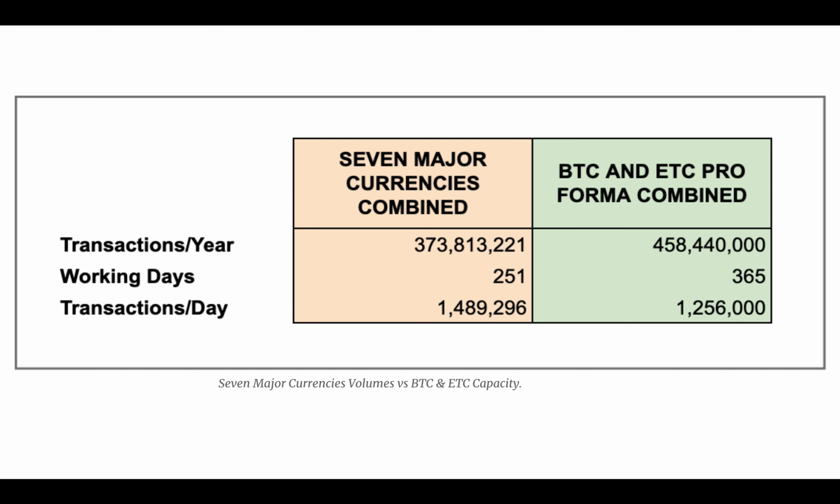Notably, the Chinese mainland RTGS system, HVPS, may be processing similar volumes as all global currencies combined, but specific data about this is not available. On the other hand, all other systems in the world, however small, are not included in the analysis. Bitcoin and Ethereum Classic could individually and or combined penetrate and capture the highest value segments globally first while they scale over time. Another possible path is for BTC and ETC to capture specific types of transactions initially, such as